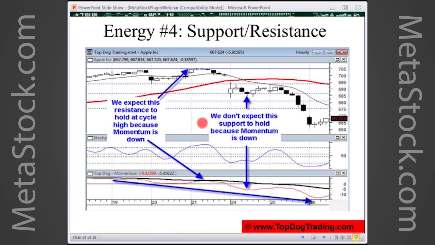Same thing up here. Momentum continues down, and so we look at those resistance levels holding. I got the black line, the 15 EMA, on here too, and I use that as what I call dynamic support resistance because the value continues to change since it moves at angles. But I'll use that as resistance. So we get a cycle high at that resistance, and again, momentum is still moving down.